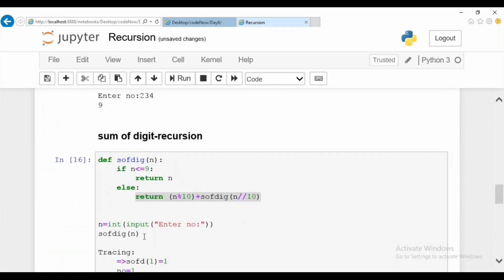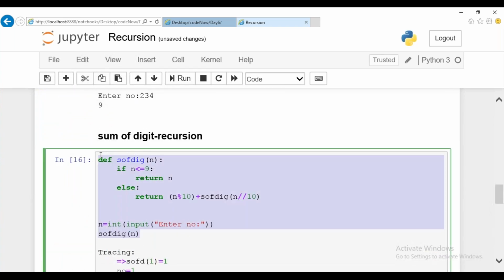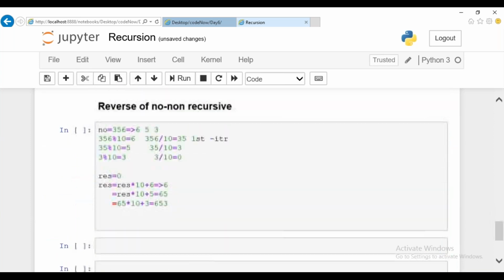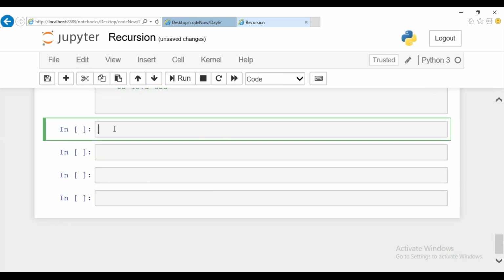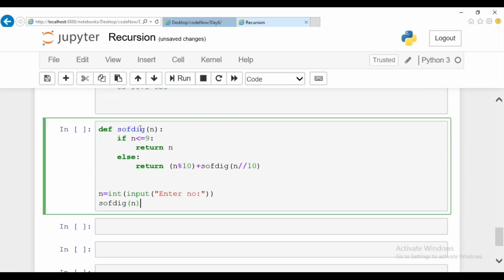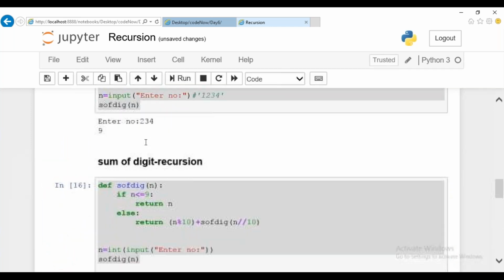Now let me copy paste the outer statement of it and we can go ahead further. This is nothing but reverse, right? Reverse the number. Okay. Now let me remove this condition. I'll just copy paste this, guys.